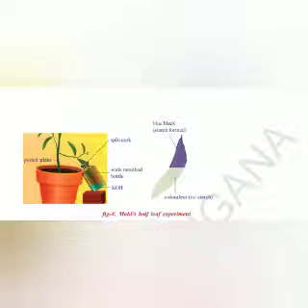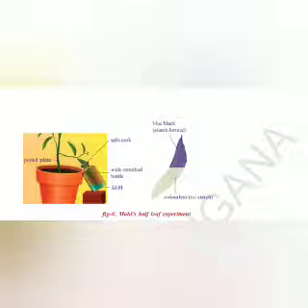Now whenever we insert that leaf into the bottle, some part of the leaf will be inside the bottle, and some part will be outside of the bottle. Now what is our intention? Some part of the leaf is getting carbon dioxide, and some part of the leaf is not getting the carbon dioxide. Leave it for a few hours. After a few hours, we observe.